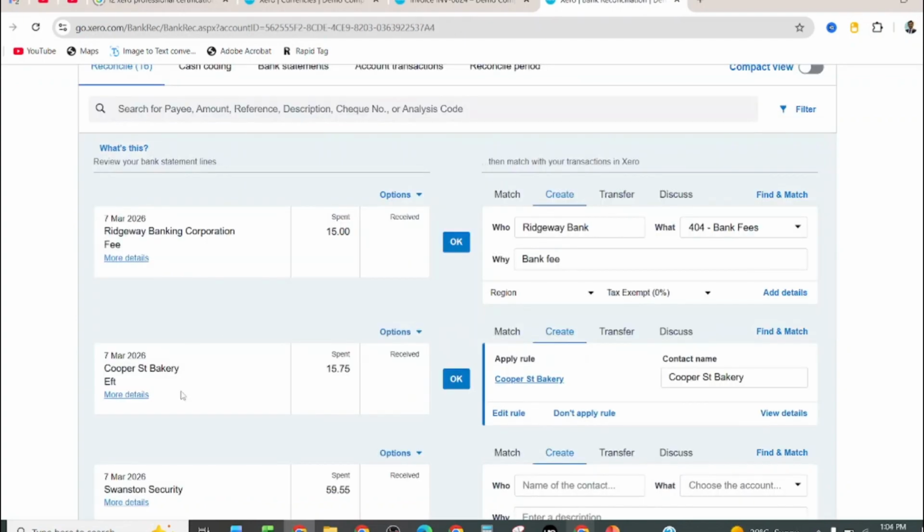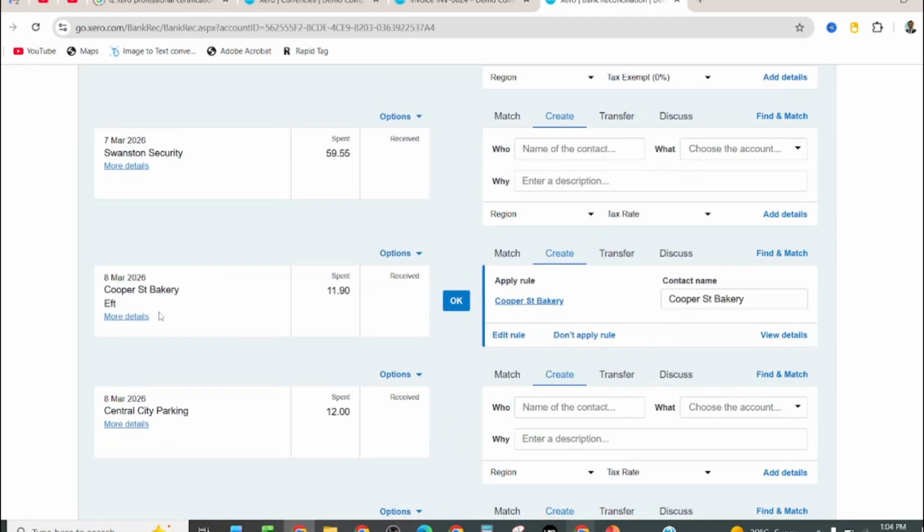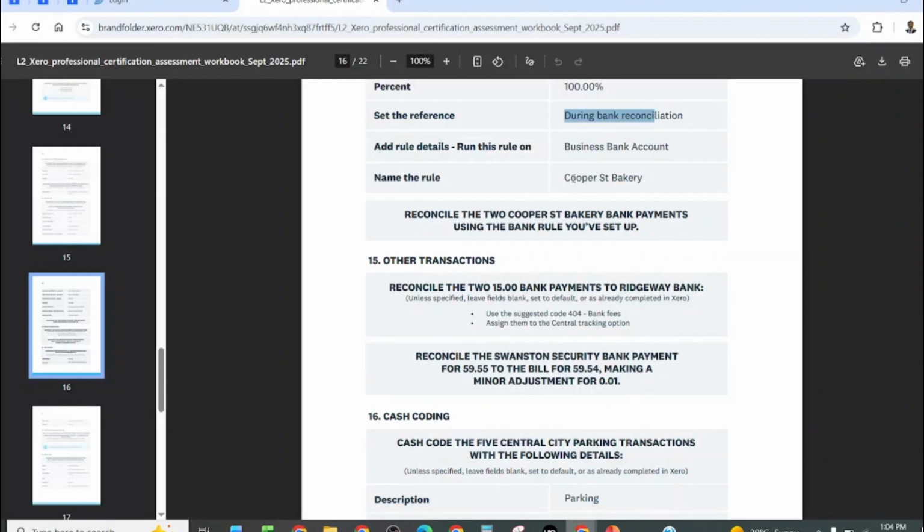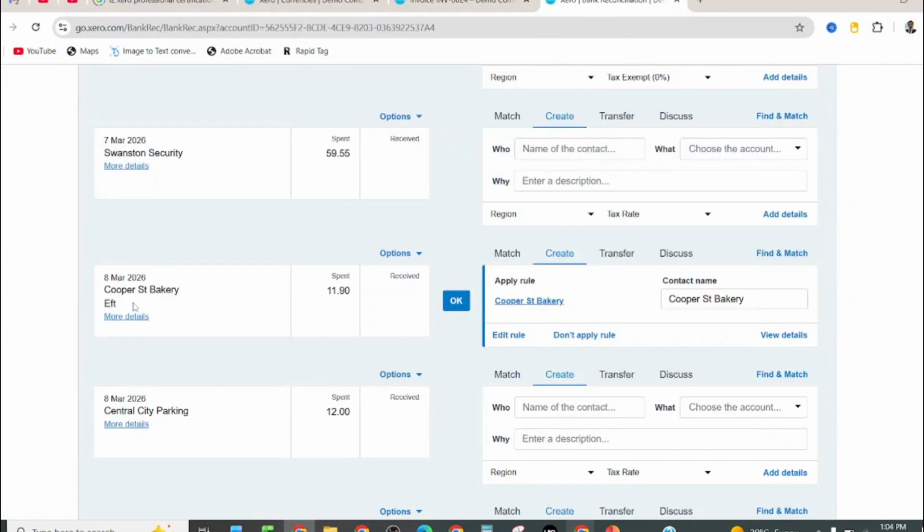Now we shall reconcile these two accounts from these rules. Apply the rules. Copper St Bakery. These were two accounts, Copper St Bakery. This is the